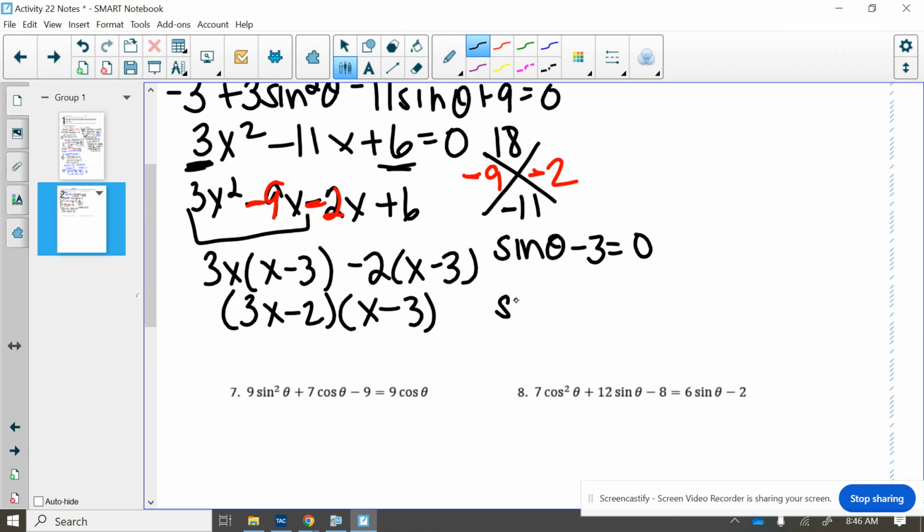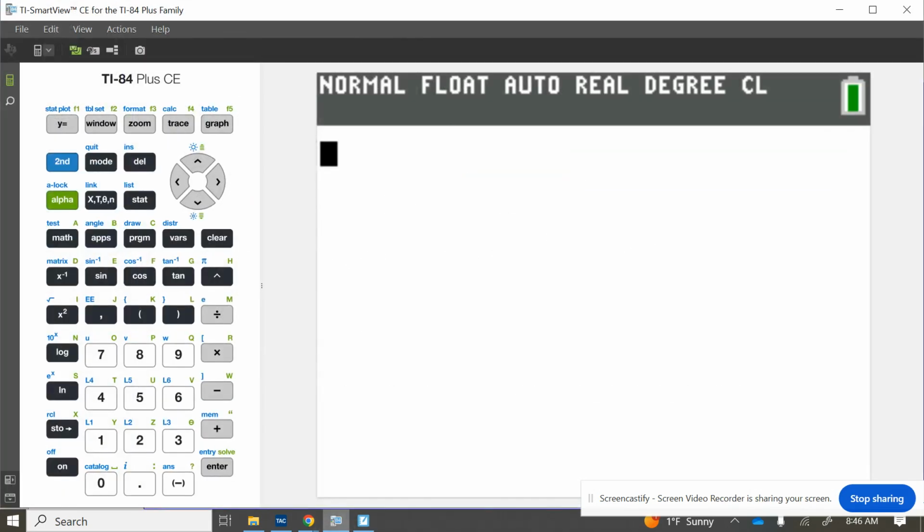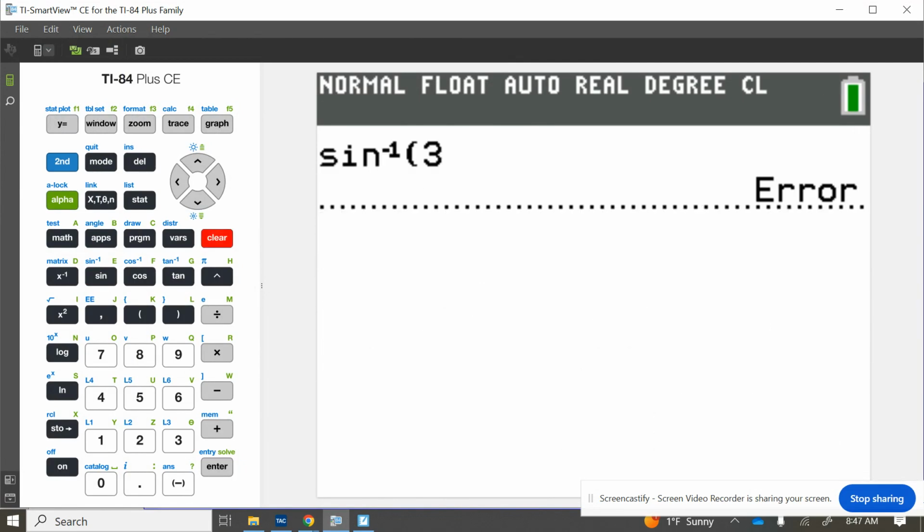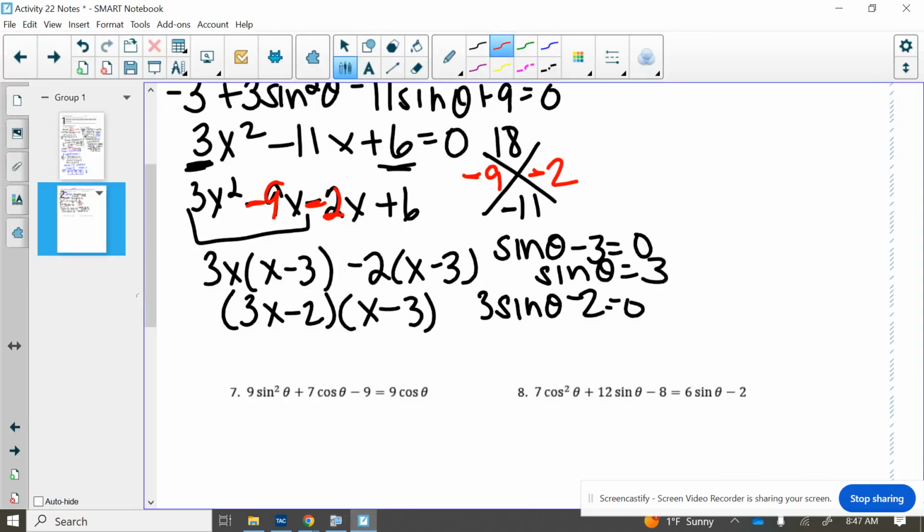And then we have 3 sine minus 2 equals 0. Now for this first part, as we add over, where is sine going to be equal to 3? Well, we know that we cannot take sine or cosine inverse of anything bigger than 1. So what's really happening for this first part is this is actually going to give us no solution, this first